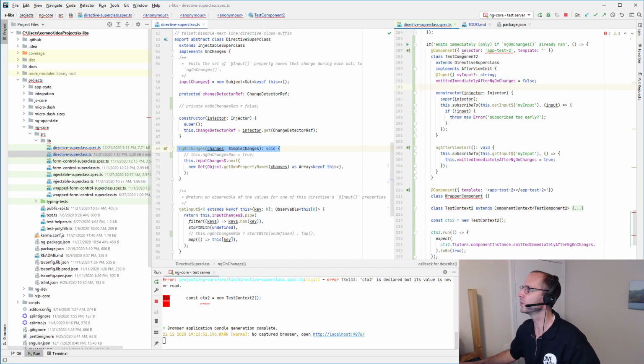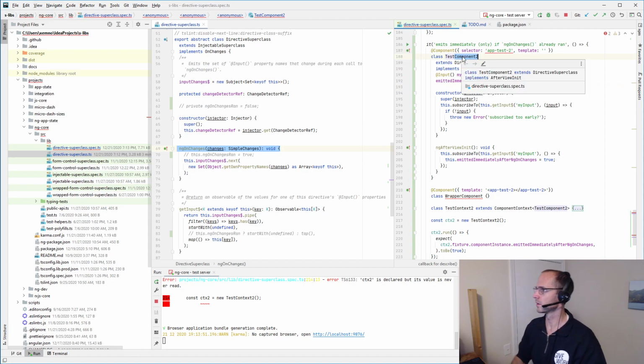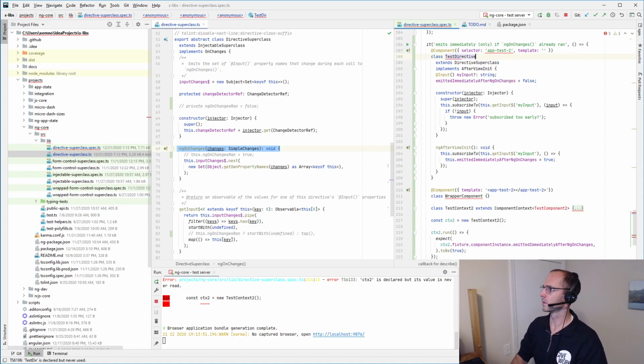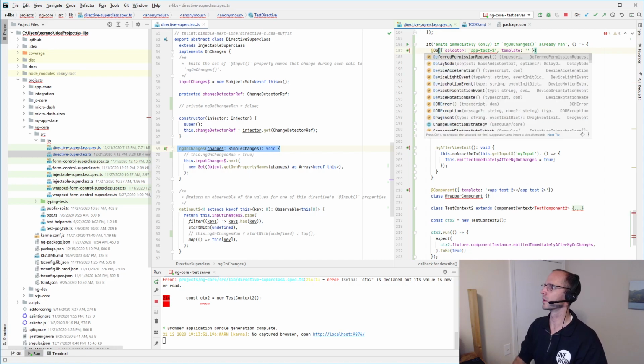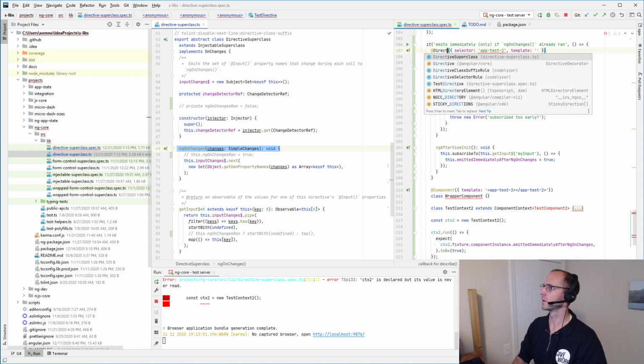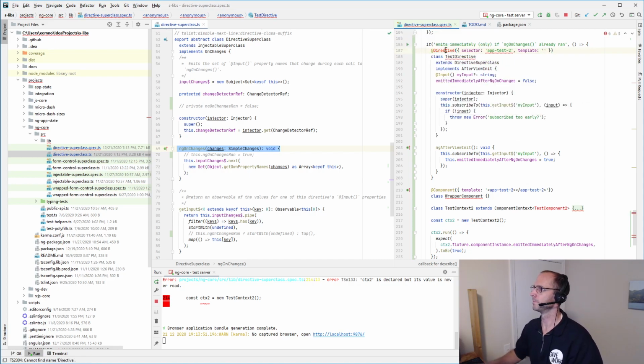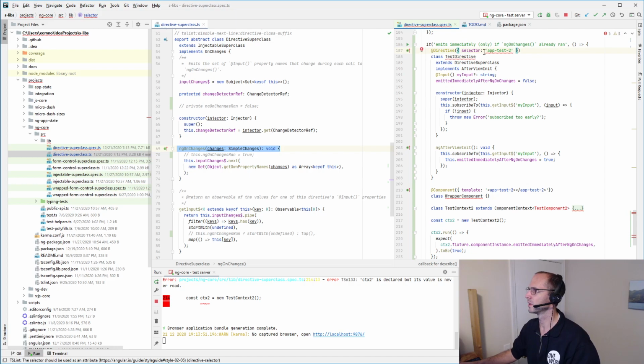Oh, you know what? We wouldn't really even need this to be a component. We could make this like a directive. That removes even more extra stuff you don't need to care about, like this template. And the selector, we'll make an attribute selector